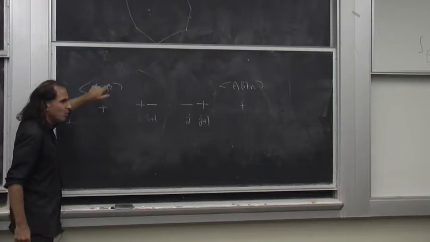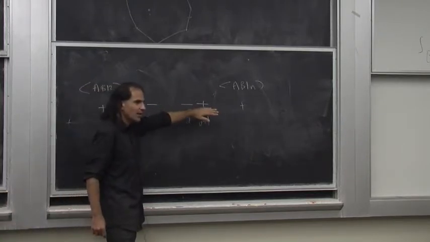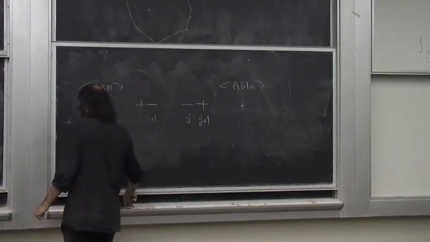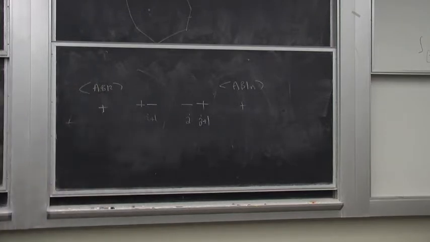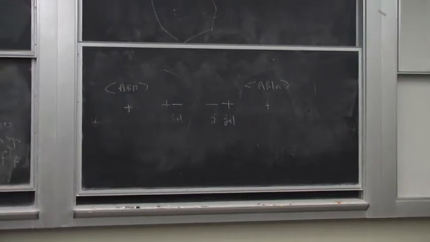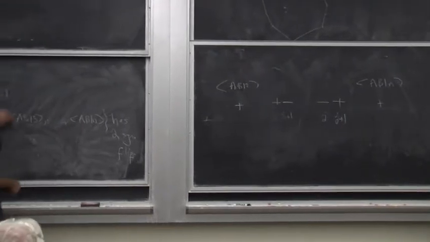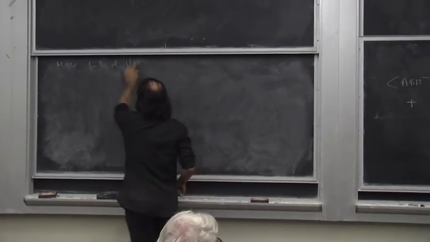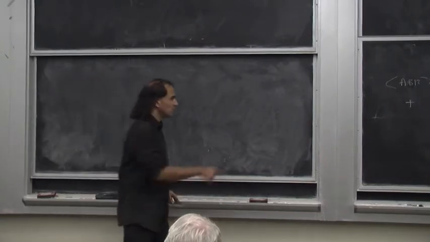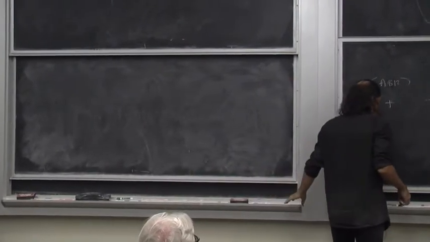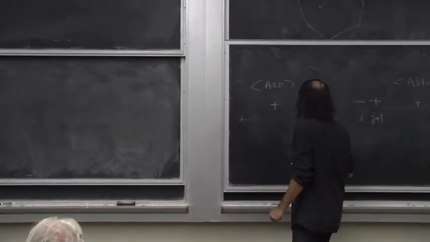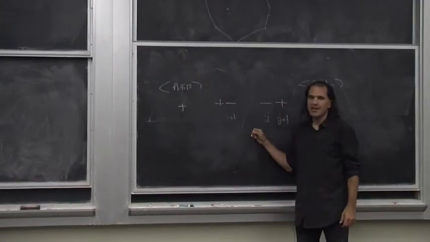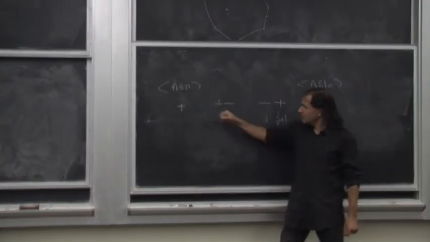So we're doing AB1, and so on. The claim, and we can verify this claim very easily and actually discover it, is also kind of easy to guess, because in this case,